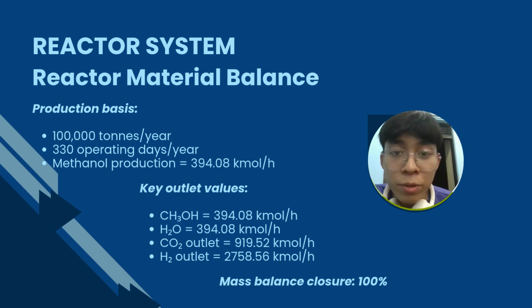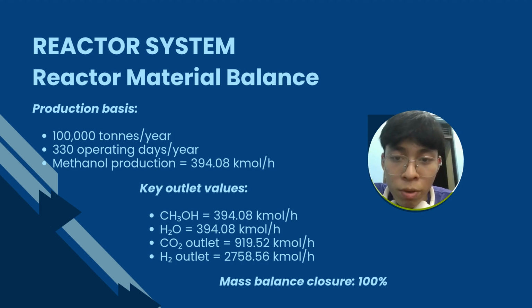Okay, moving on to reactor material balance. The material balance begins with an annual target of 100,000 tons per year. Assuming 330 operating days per year, this corresponds to approximately 12,626 kg of methanol per hour or 394.08 kilomoles per hour. With our assumed 30% CO2 conversion, the required fresh CO2 feed is approximately 1,313.6 kilomoles per hour. Using the stoichiometric ratio of 3 moles of hydrogen for every mole of CO2, the hydrogen feed is approximately